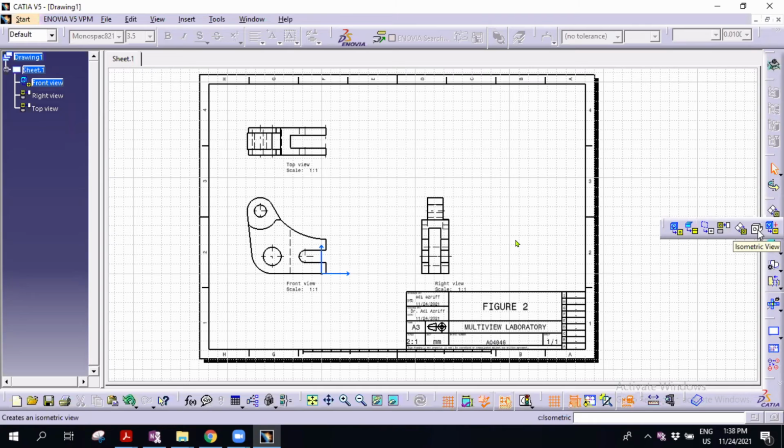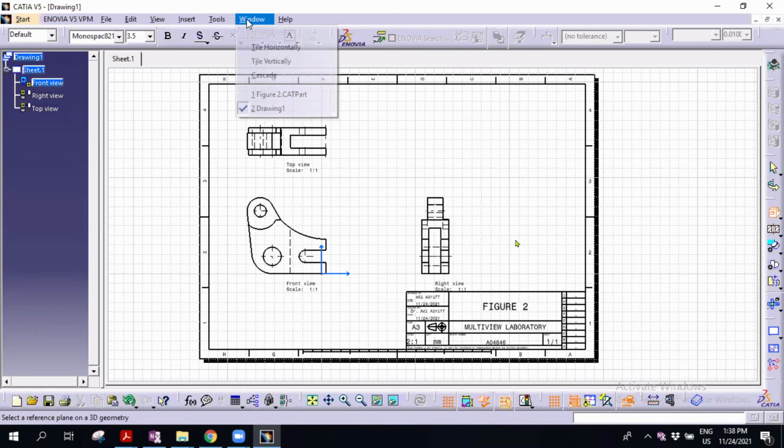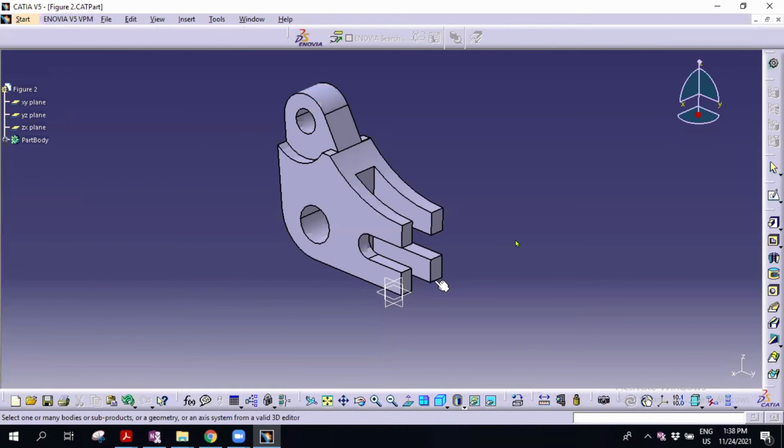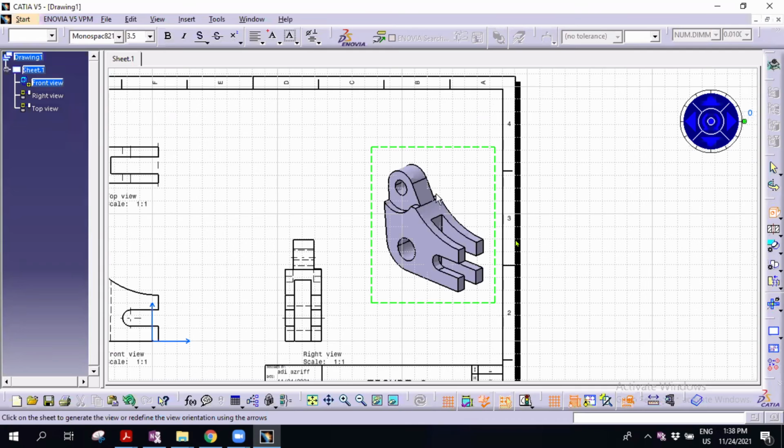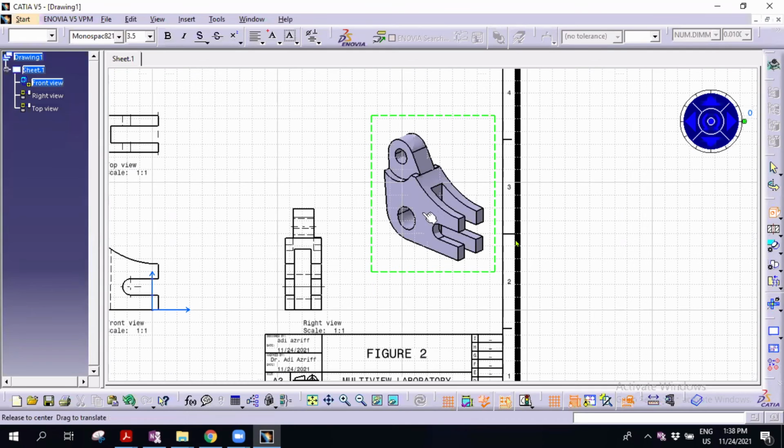Okay, in this case, normally we use isometric. So what you need to do, you need to select this isometric. Then you go back to your drawing and select the drawing of isometrics. You move this one.